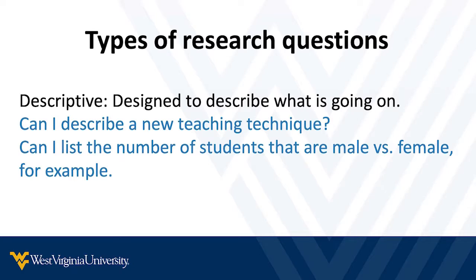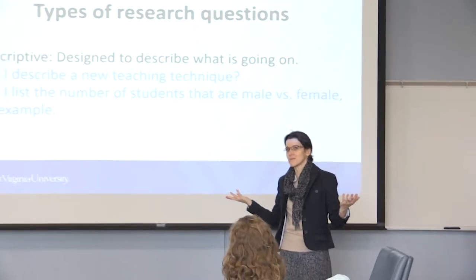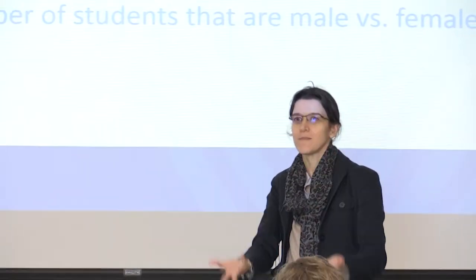So basically, let's say I am implementing a simulation. How many students pass the simulation? That would be descriptive. I'm telling you, I implemented this simulation practice. What was the success? Or I can say that we have a session, and 80% of the session is run by female faculty or female students. I'm just describing an observation.